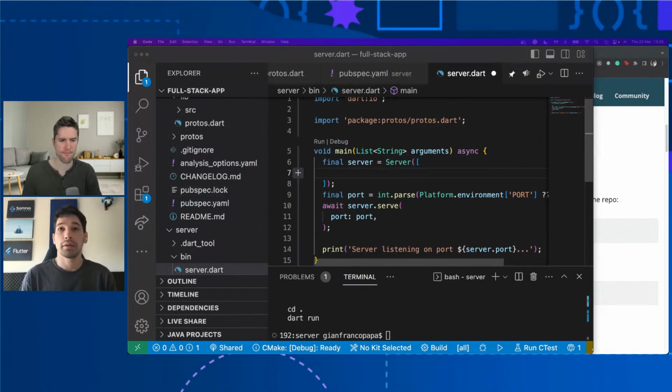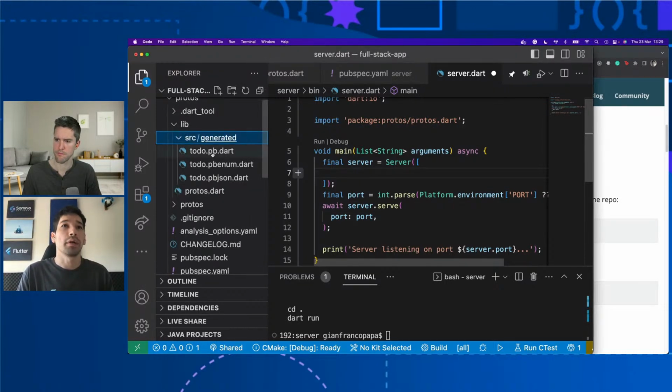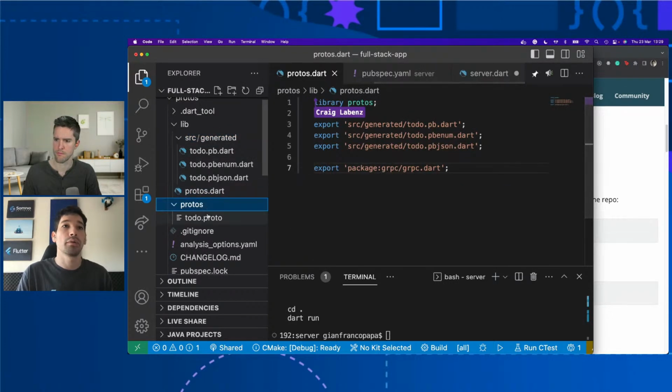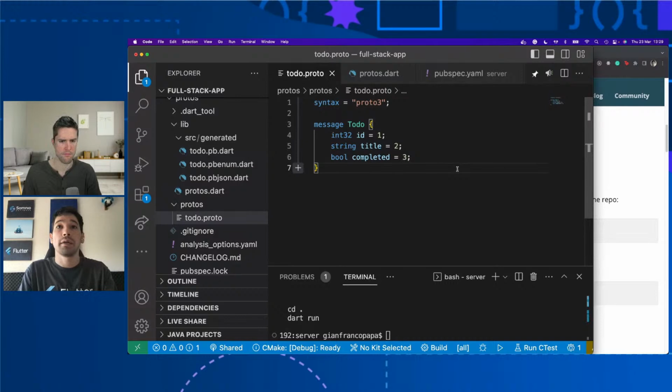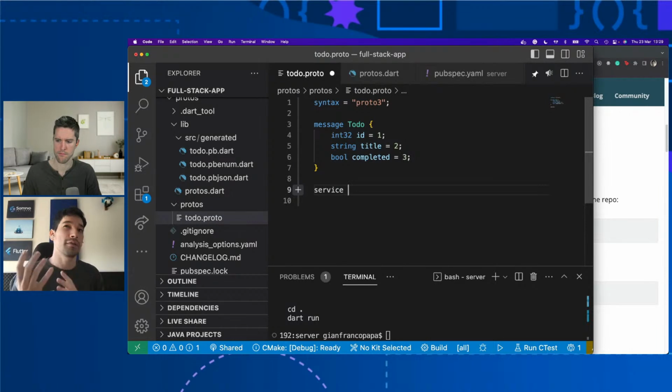But we also have to define the functions that we are going to call in our front end to communicate with gRPC, right? So to do that, we can get back to our proto file. And instead of defining a message, this time we are going to define a service, which will be more or less like an interface that you also need to implement. Here we can define all of the methods that we are going to use to communicate with gRPC. So maybe we can name this ToDoService.